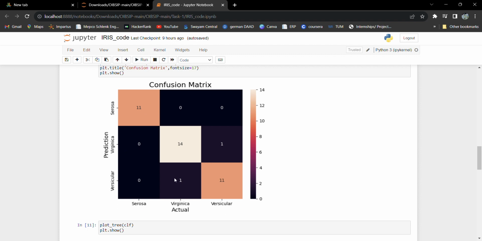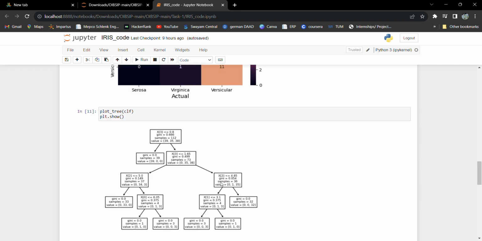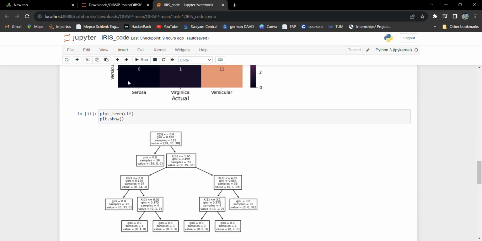And when you see a value here, it's 1. The actual value is Virginica, but the predicted value is Versicolor, so it's not right. So all these diagonal values are the correct ones. The actual ones and predicted ones match, and then here we have a decision tree, which is generated using plot_tree of clf,